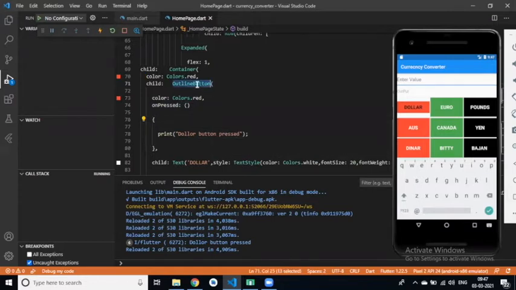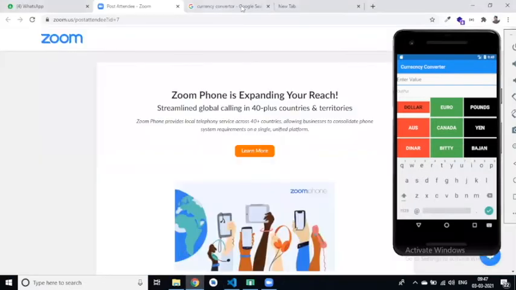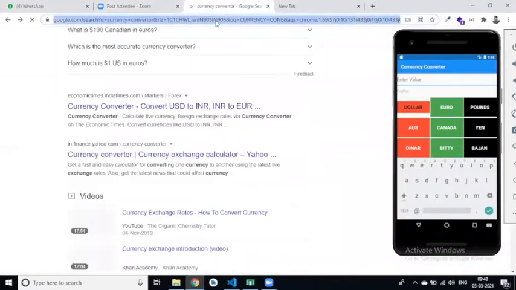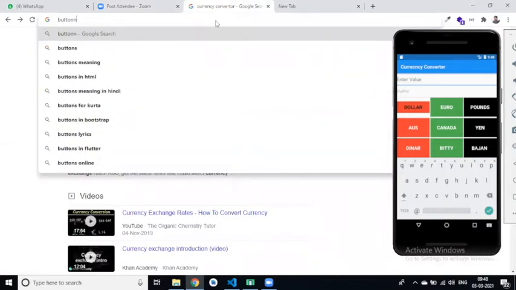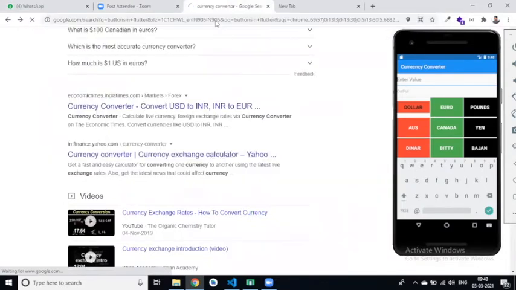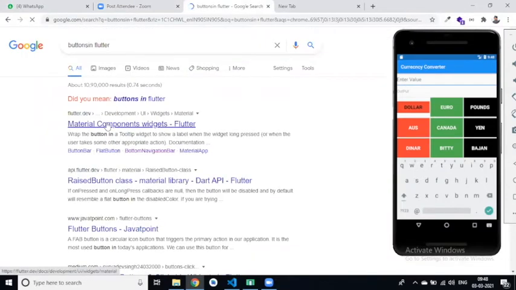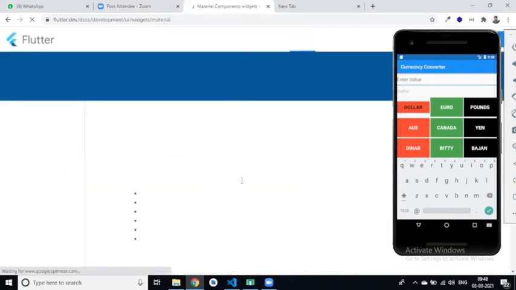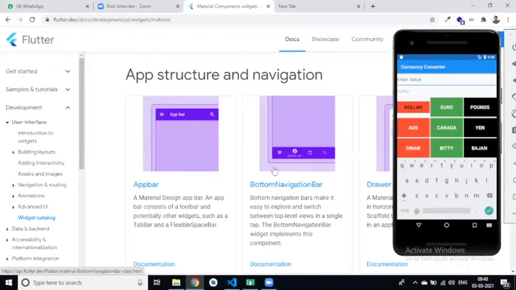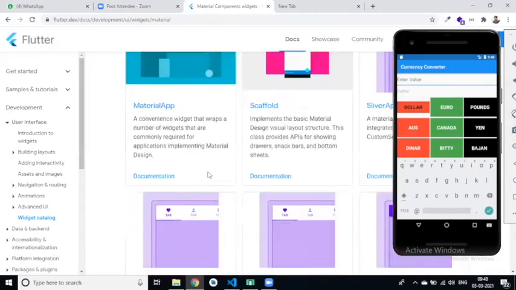Yes, Roshan. We have multiple buttons, like if I search for buttons in Flutter, we have raised button. We will use all the buttons like raised button in future.